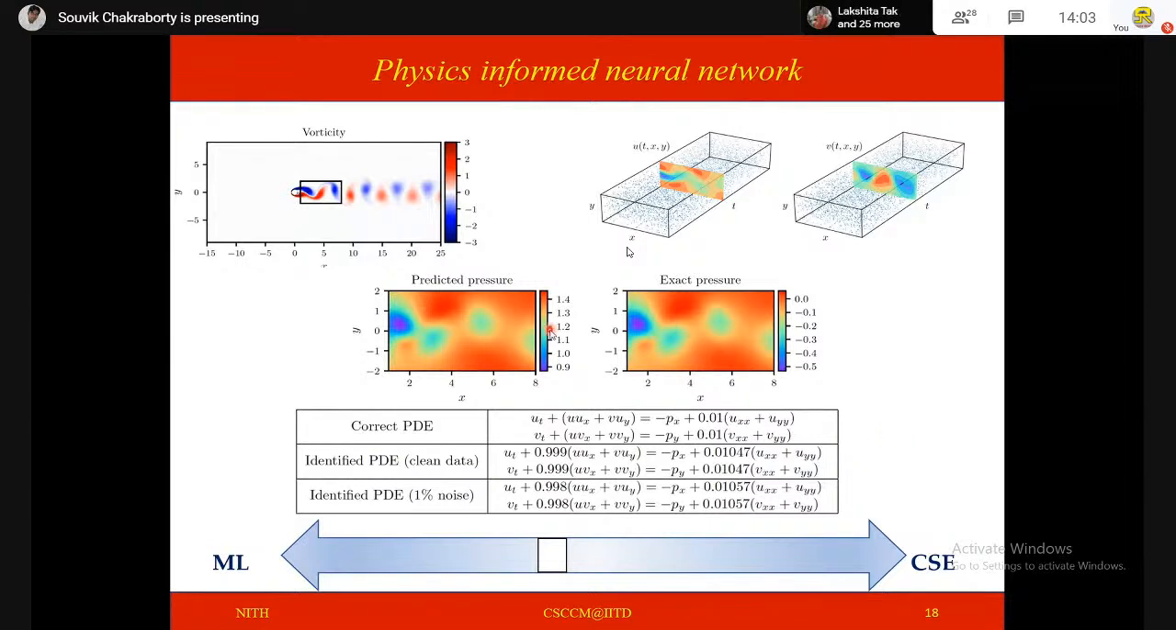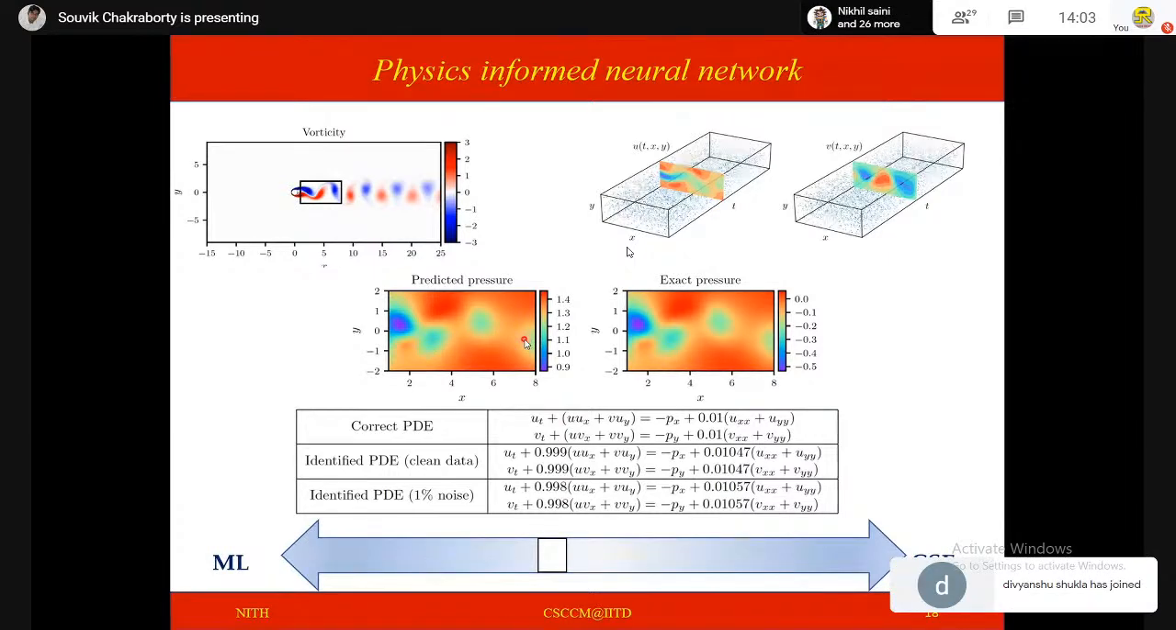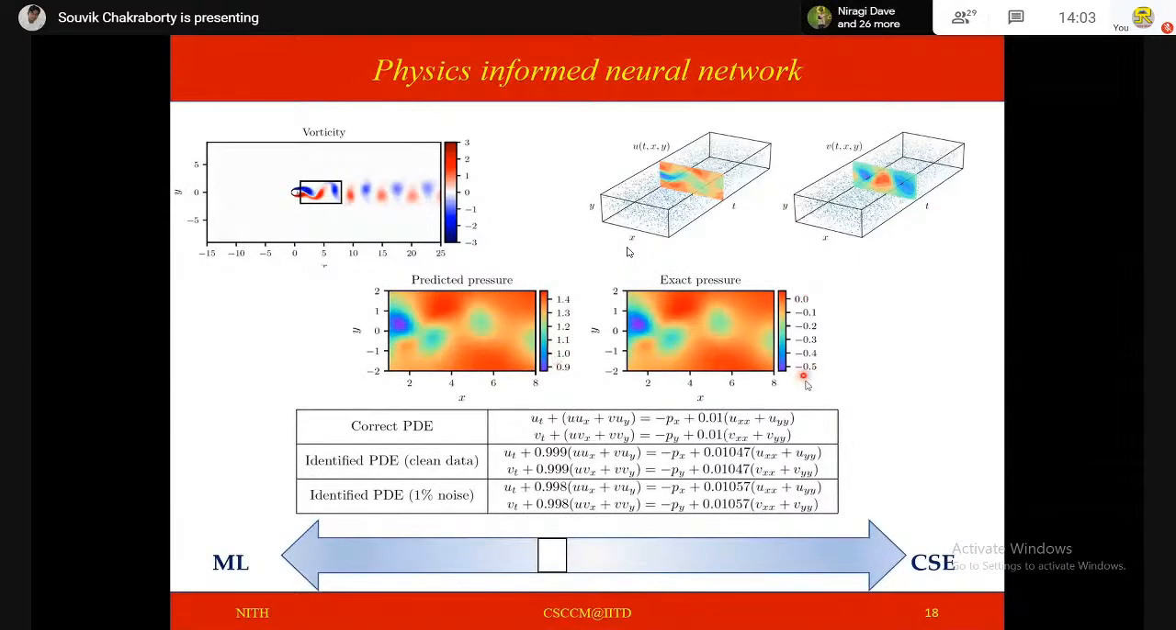So here are the results actually. So this is the predicted pressure. This is the exact pressure. And then the pattern looks exact. However, you see the range is different. So it may seem that we have failed in predicting the exact pressure, and the answer is yes. But